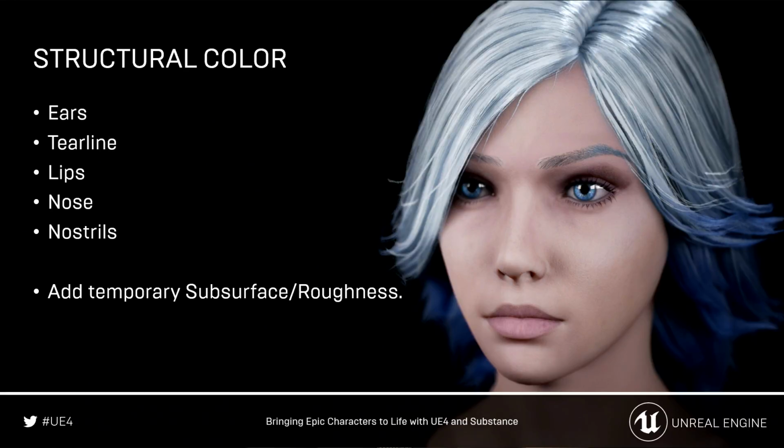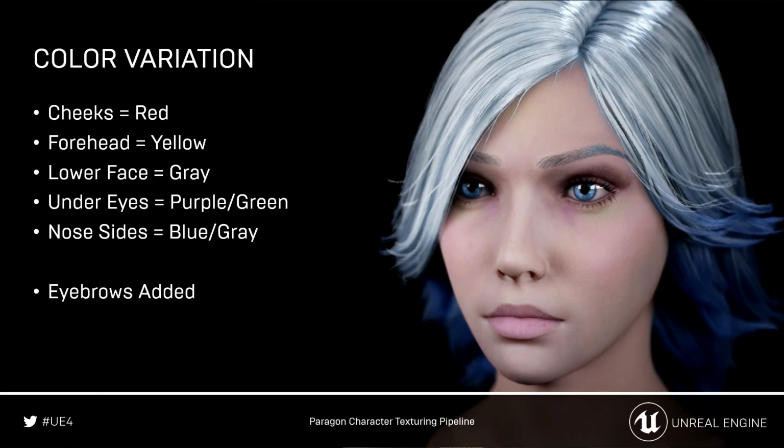You can see here I also added just some really quick roughness values and subsurface scattering values, and that's so I don't have to adjust my color later on once I add those. But we'll polish those more in depth later on. And after that, we start making subtle adjustments